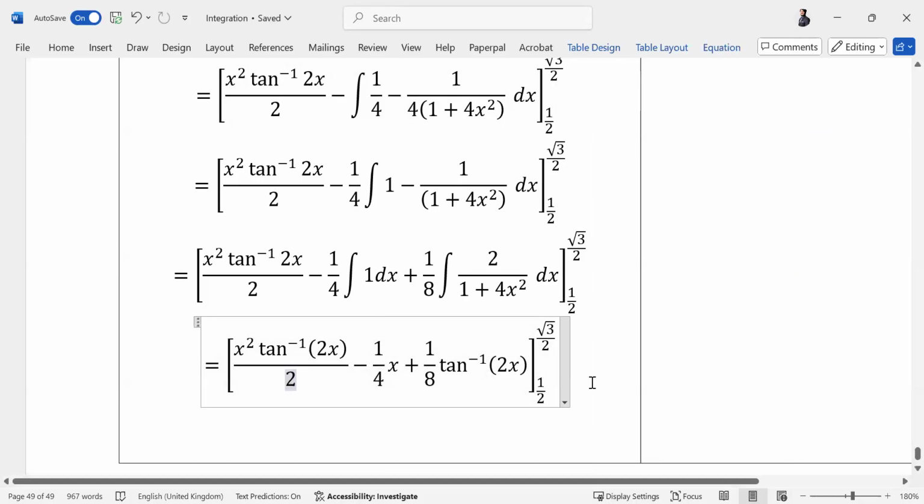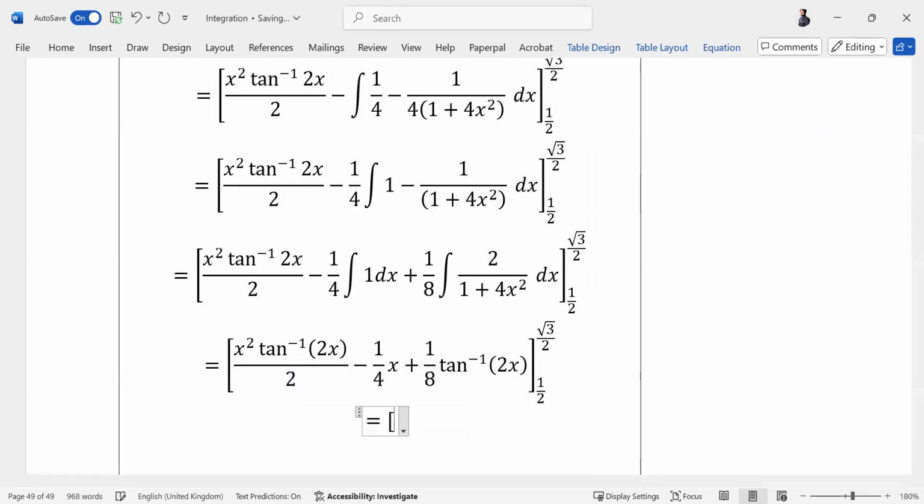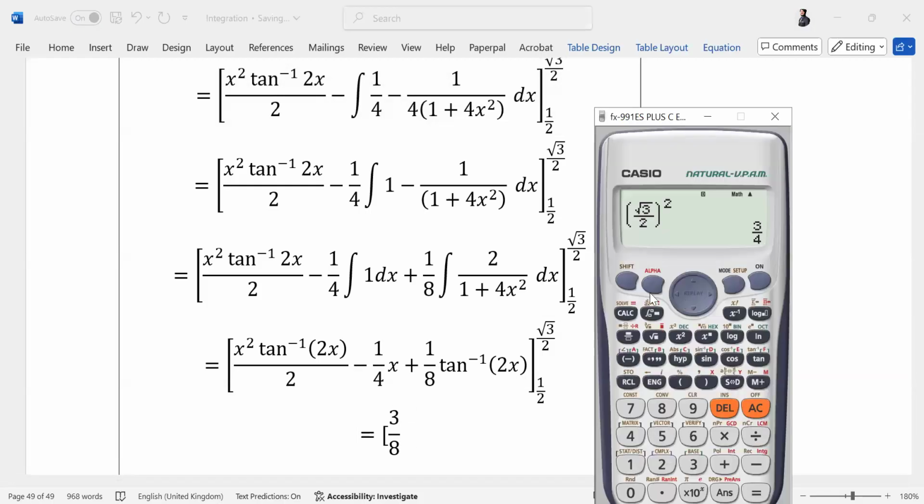Then upon 2, that is 3/8. So this is 3/8 and tan inverse of 2x. So tan inverse of 2 into square root 3/2. Obviously, you could have simplified it, but just letting you know,